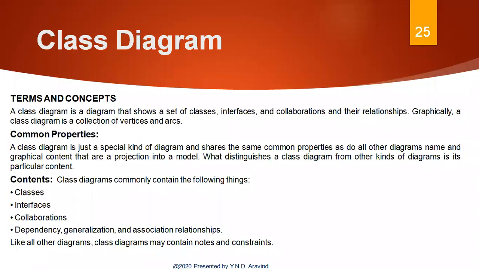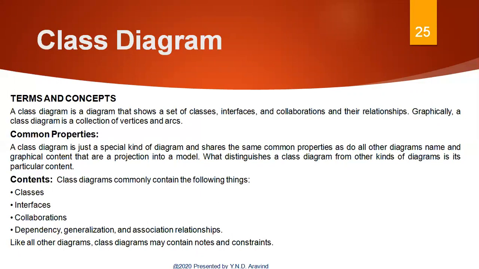Class diagrams are the most common diagrams found in modeling object-oriented systems. A class diagram shows a set of classes, interfaces, collaborations, and their relationships. So we use class diagrams to model the static design view of the system. For the most part, this involves modeling the vocabulary of the system, modeling collaborations, or modeling schemas. Class diagrams are also the foundation of a couple of related diagrams, that is, component diagrams and deployment diagrams.